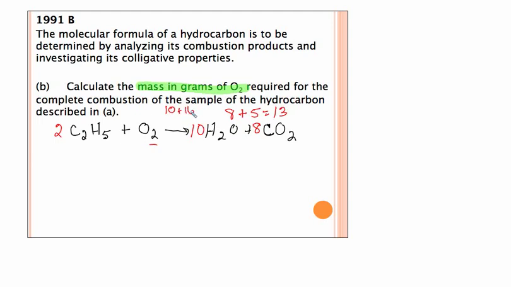Now I have 10 plus 16 is 26 oxygen, so I can put a 13 here. And I finally have a balanced equation. Very tricky. When you have that even-odd problem, you have to go back and remultiply all the subscripts by 2. So now I had 7.2 grams of water, and I want to know how many grams of oxygen is